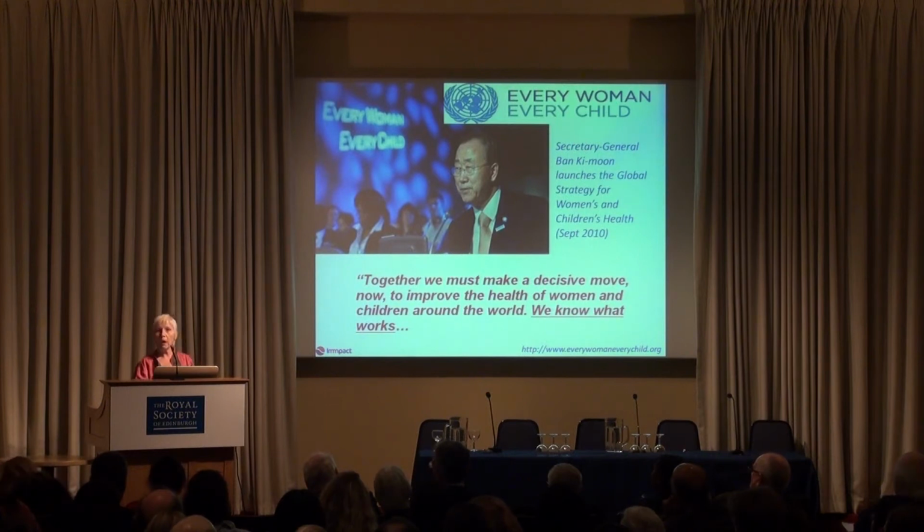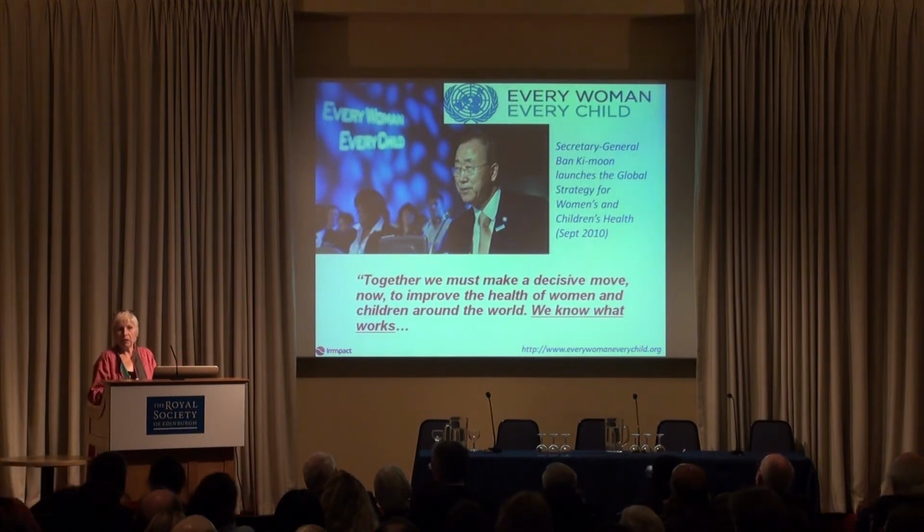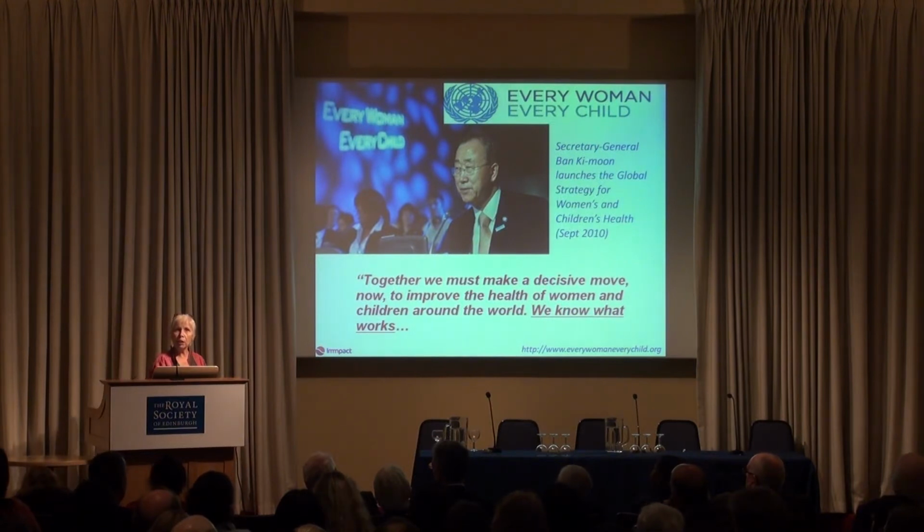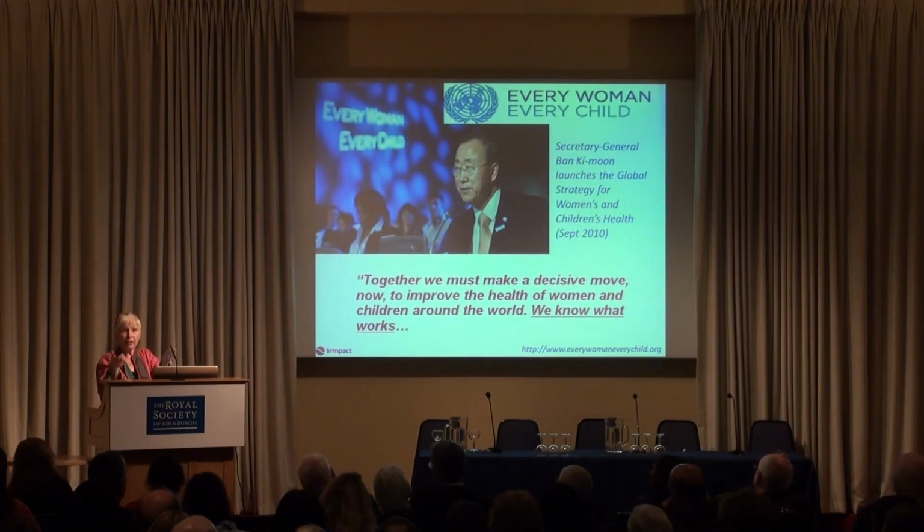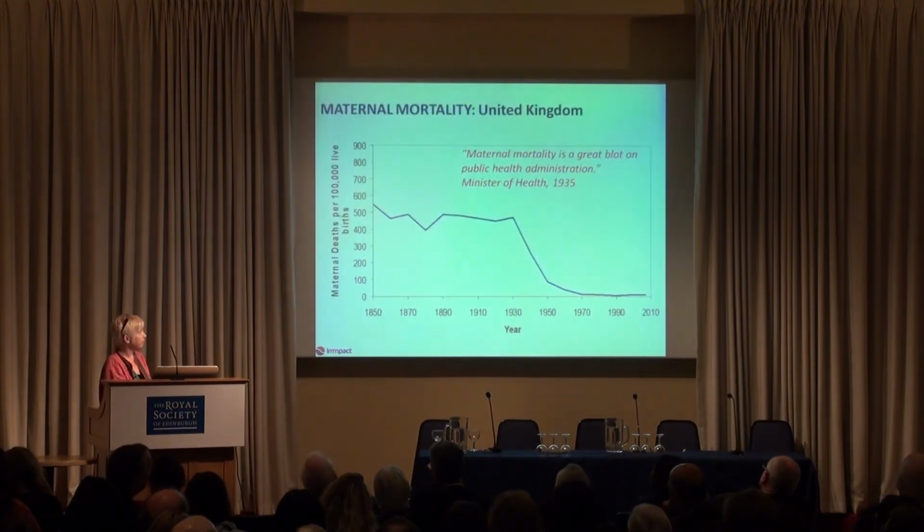And it's often said we know what works. Now, there's no one type of evidence. There's no one truth. There are lots of different types of evidence. So when it's said we know what works, we're making some assumptions about what we're using as evidence. But some of the previous speakers have already alluded to history, so let me use history.